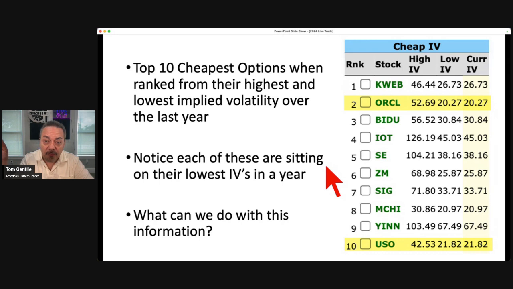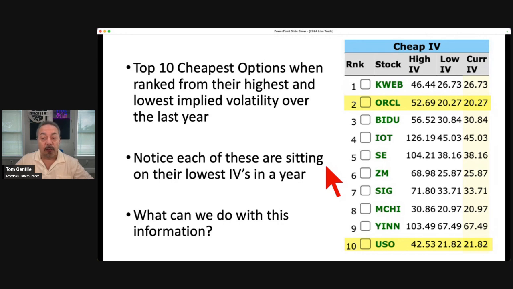This isn't a recommendation. I'm just telling you, if you're bullish on Oracle or you're bullish on USO, right now the call options are as cheap as they've been, and you need the least amount of movement for them to double in value. And likewise, if you're bearish on Oracle, or you think oil is done and it's going to go lower, and you're bearish on USO, the put options on both Oracle and USO are as cheap as they've been.